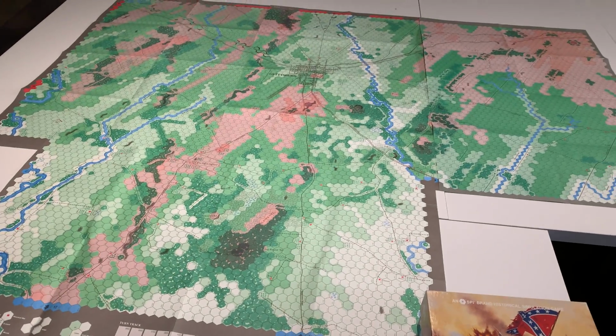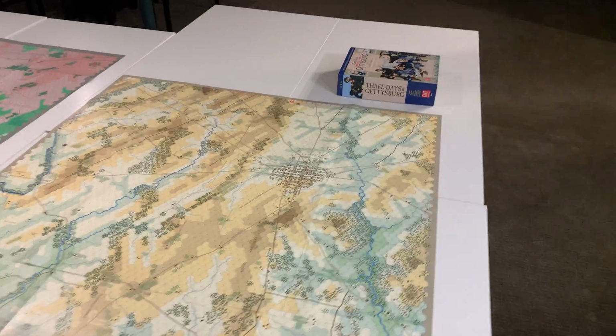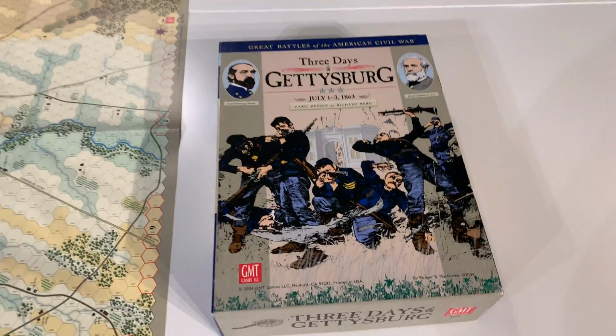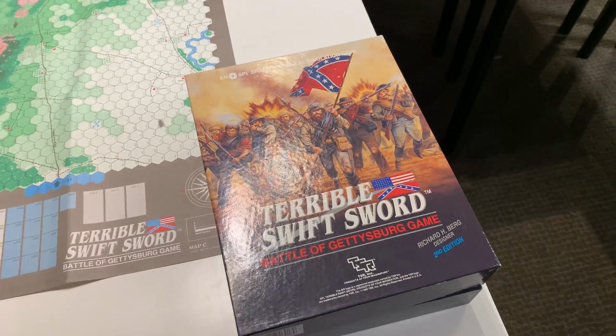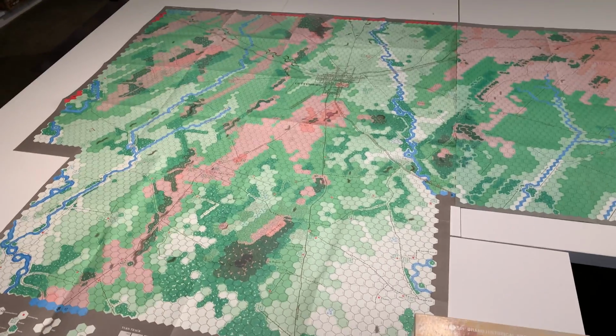What we're looking at is Terrible Swift Sword, and then next to it we have the 3 Days of Gettysburg, which is the GMT re-implementation of the Great Battles of the American Civil War series, which is what Terrible Swift Sword started. I mean, it was obviously not a series when it was originally designed by Richard Berg, and this is the second edition, the TSR release,